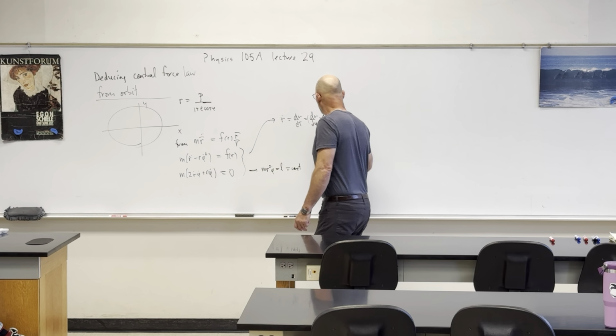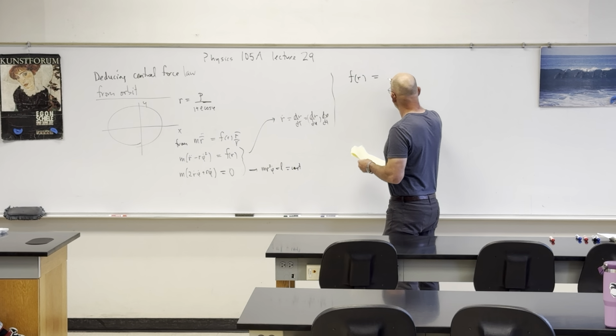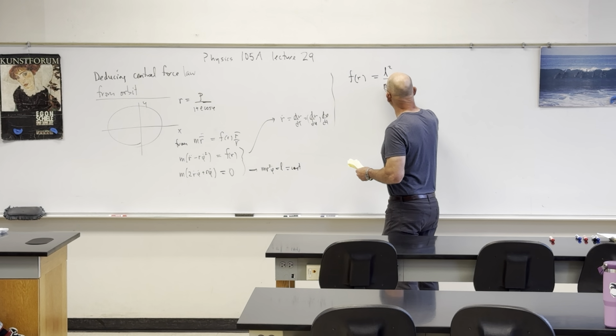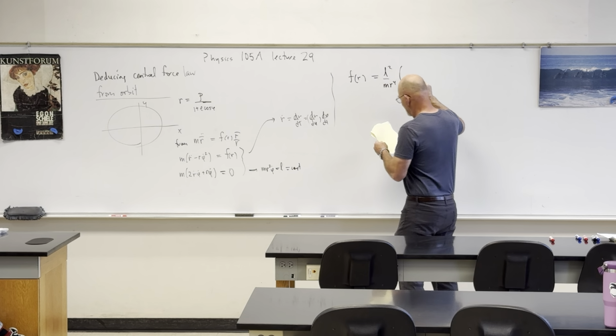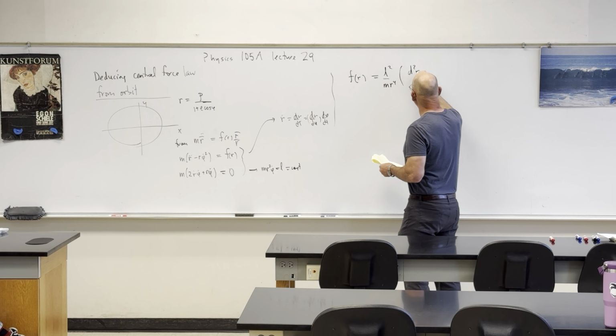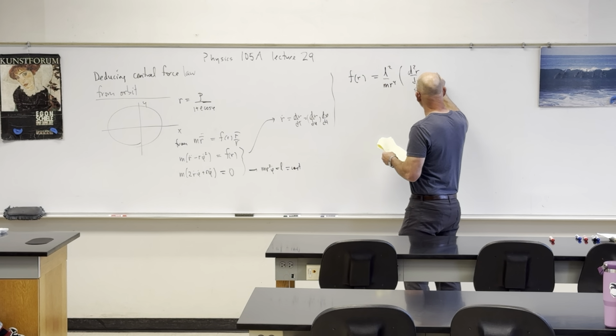Your force law looks like this: L squared over m r to the fourth, times d squared r/d phi squared minus 2 over r times (dr/d phi) quantity squared, minus r. So, okay, that can involve a little bit of work, but this is going to be an interesting problem. And as I said, the homework was to take this